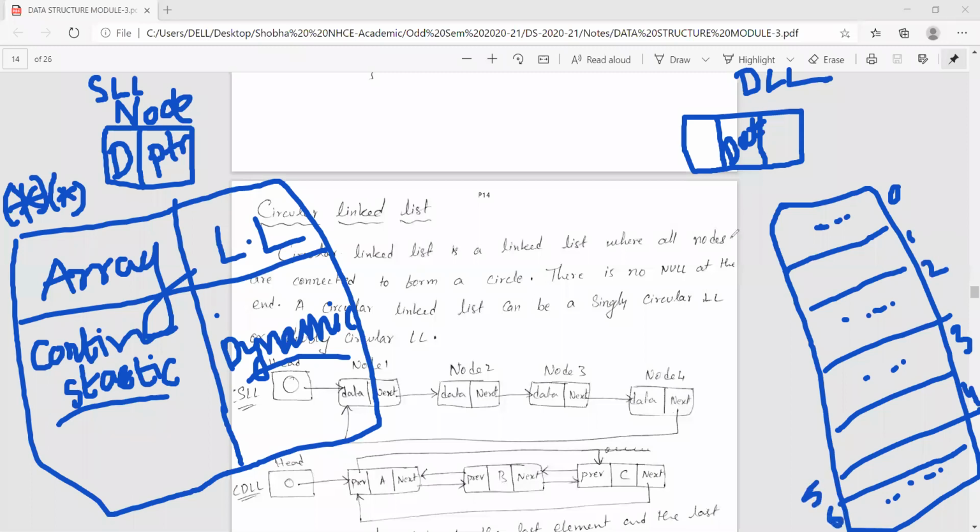So there are 7 blocks of memory, from 0 to 6, available in our memory pool. How many blocks are already occupied? 4 have data. So 3 blocks of memory are available.